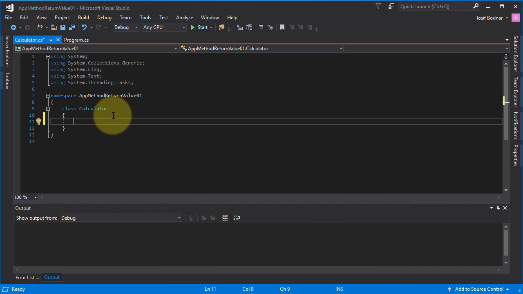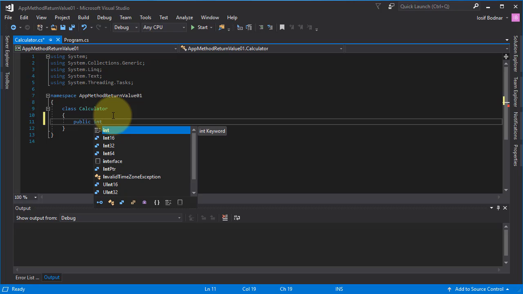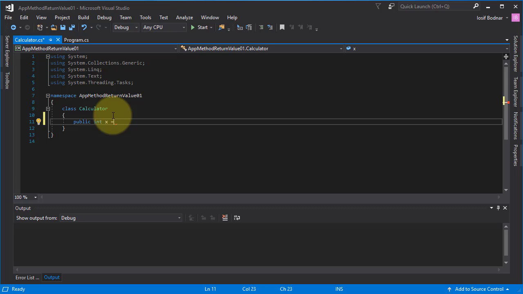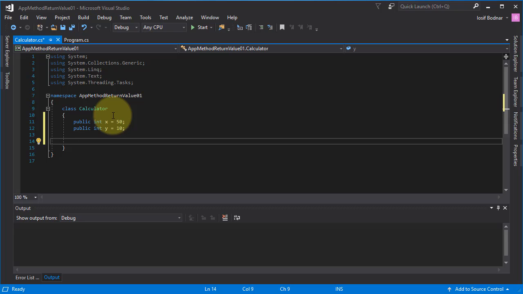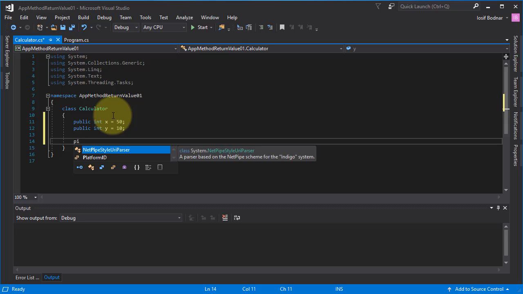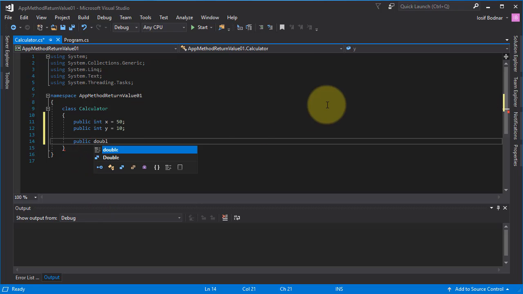and I'm going to declare two public integer x and y variables, and let's assign to x 50 and for y 10. Okay, and on this code line I will declare a public double method named average calculator,